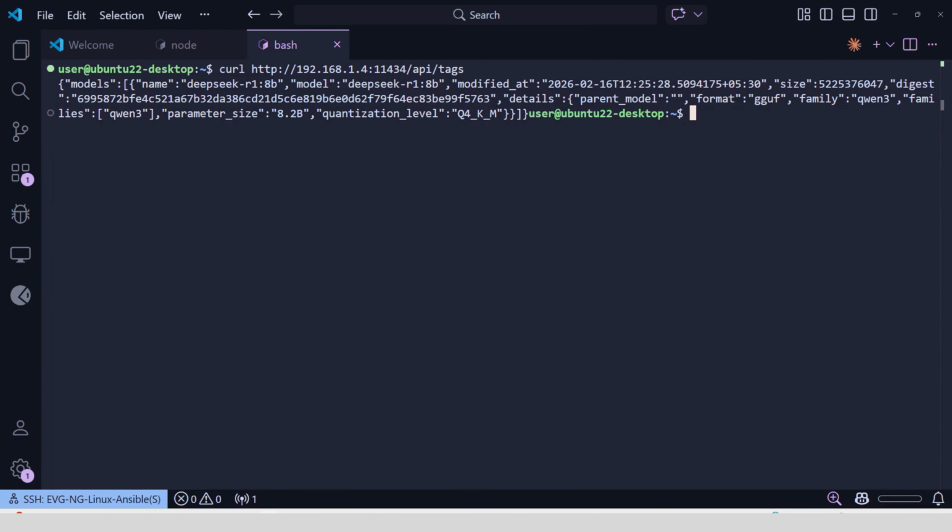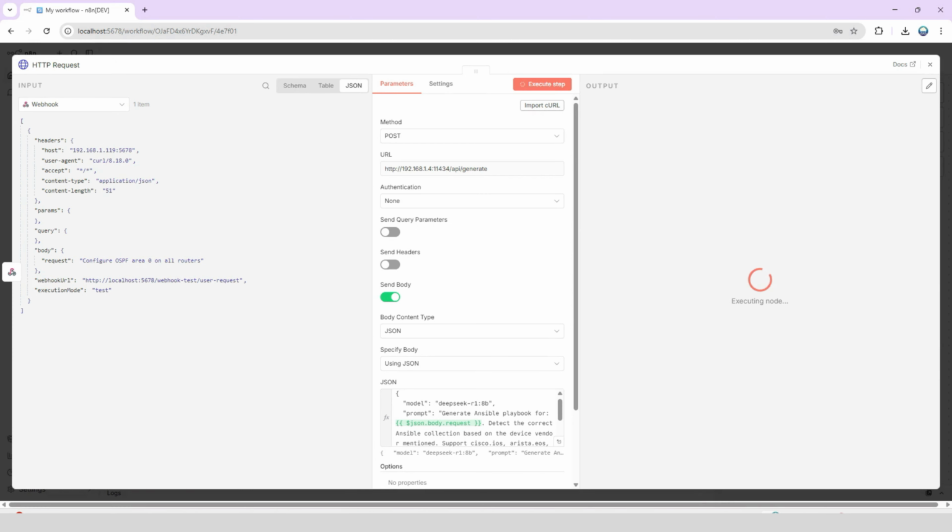That's a quick fix for the connectivity issue when you have the service operating on a custom port. I just want to mention it here since you may come across a similar issue when you're running Ollama locally. Now we have fixed all the connectivity issues. Let's test this from the n8n UI.